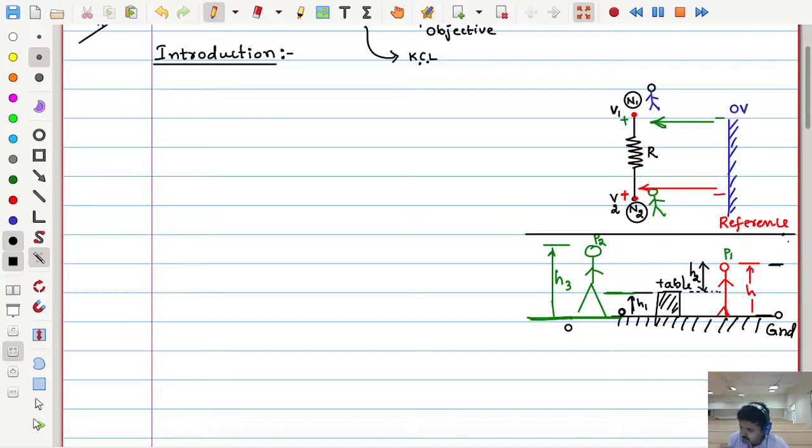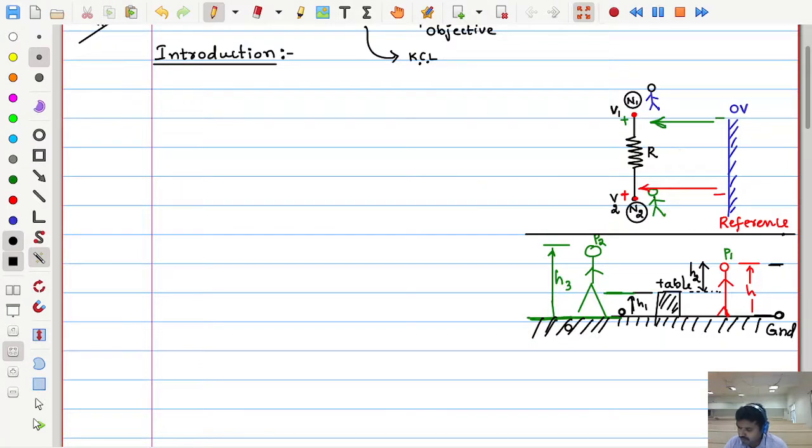Just try to keep these things in mind: we would like to make some kind of reference in order to find the person's height. What is that reference? It is the ground. How much is the height of that ground? That ground surface itself is 0. From there you are measuring one person's height as h and another person's height as h3. In the same way, if I consider two nodes, the first node is at a potential of V1, which is equivalent to height h. The second person is equivalent to a height of h3, something like that.